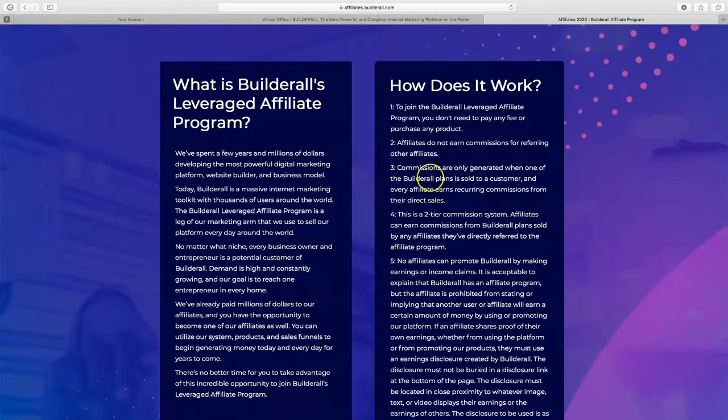The third one is commissions are only generated when one of the Builderall plans is sold to a customer. So that's good to know that you're only making commissions on the plans that you sell. And every affiliate earns recurring commissions from their direct sales. That is powerful right there, guys, because when you sell a plan,